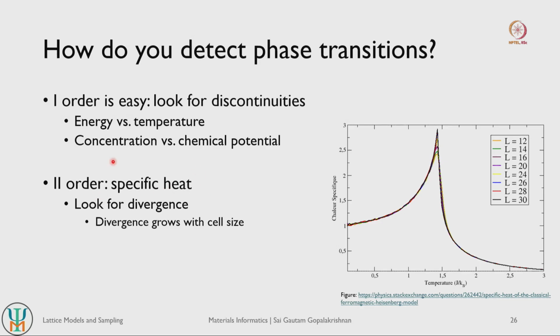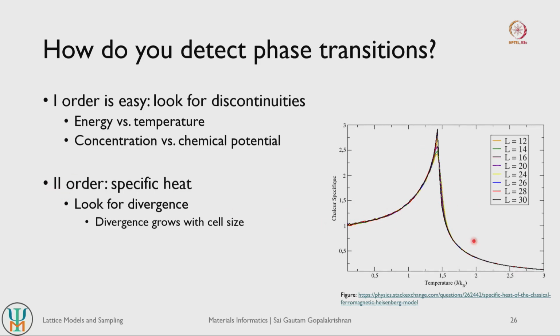And specific heats, as you are probably already aware, are basically the sort of perturbations or oscillations in the energy during your sampling itself, right. So when you consider statistical mechanics, it is the variance of the energy itself for your collection of microstates in a system that corresponds to the specific heat of the system, right. So when we do sampling using Monte Carlo, we can straightforwardly calculate specific heats, and we can then use these specific heats to track second order transitions.